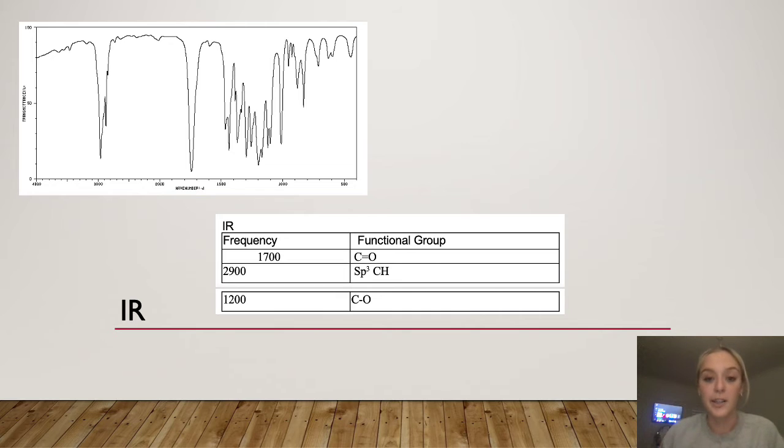So the first thing that I looked at was the IR spectrum, and the first thing I picked out was at the 1700 range right here that I'm circling, and that's very clearly a carbon-oxygen double bond, which lines up with what I talked about earlier about there being 2 oxygens in my formula. And then around 2900 here, you can see the sp3 carbon-hydrogen stretches, which shows that all my carbons are going to be bonded to 3 other things. There's not going to be any double bonds of carbon or anything like that,